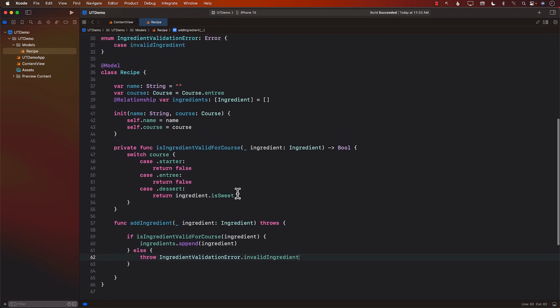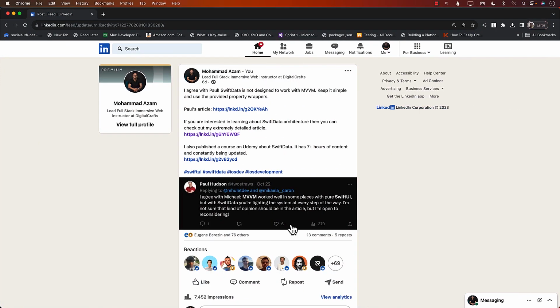So already you can see that all the logic, the domain logic, is right there in your actual model, right? So you didn't really have to create a view model for anything. And as Paul was also saying, you will be in a bit of a pain. You will be fighting the system every step of the way. That's a very important part that Paul is mentioning here, that you're going to be in a lot of trouble if you go with that route, right? Because